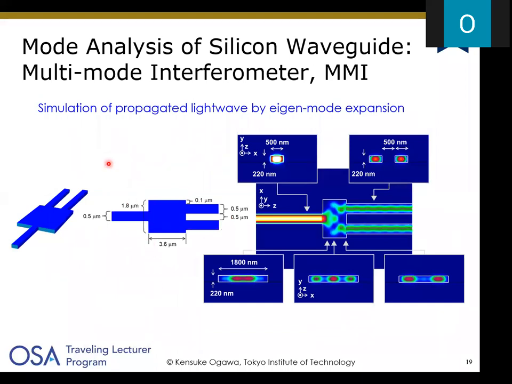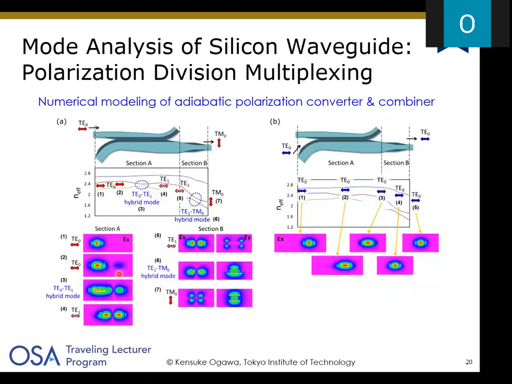Other elements such as the 1x2 splitter are also analyzed based on that kind of numerical scheme. So you can do the numerical modeling with the wave equation in a vector mode scheme to design optical modulators. So you can analyze other waveguides such as the polarization division multiplexer like this to convert optical polarization in